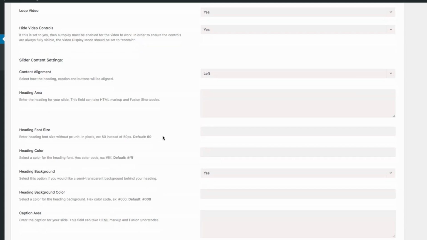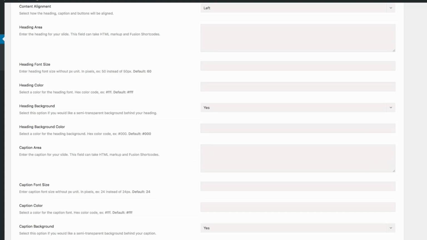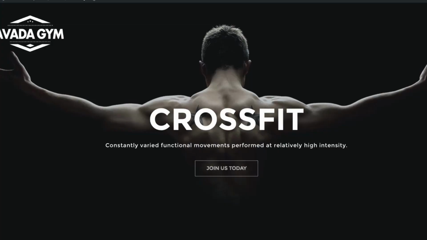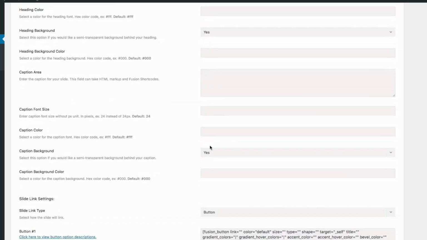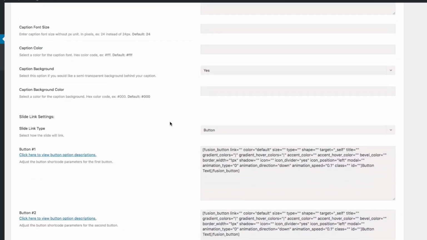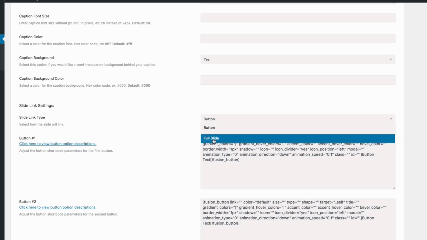the size of the font that you want, of course, the color, any type of background area. And then the caption area would be the smaller text right there. And again, you would customize that to how you like it. And then out here at the bottom, you have a few options,